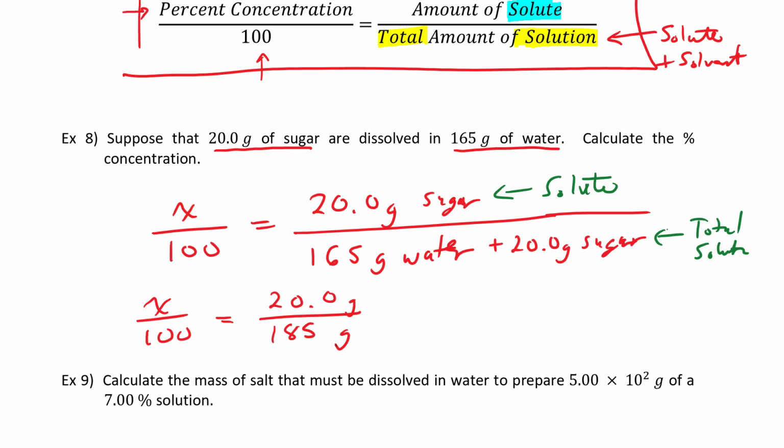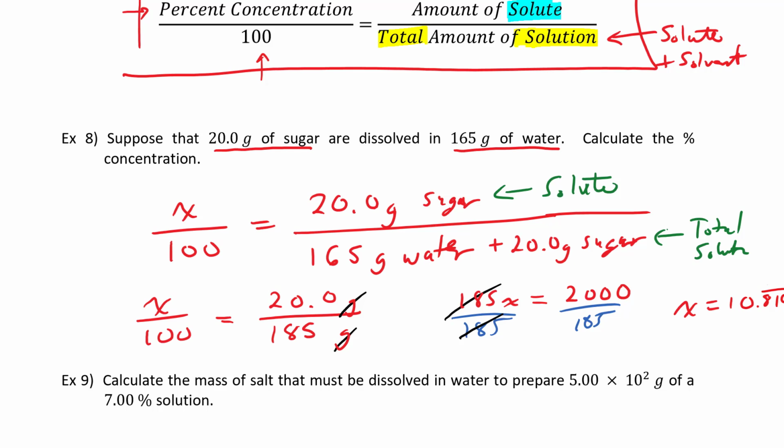It's going to be grams on the top and grams on the bottom. As a result, they cancel out. Cross multiply. Divide both sides by 185 to isolate x on its own. X is equal to